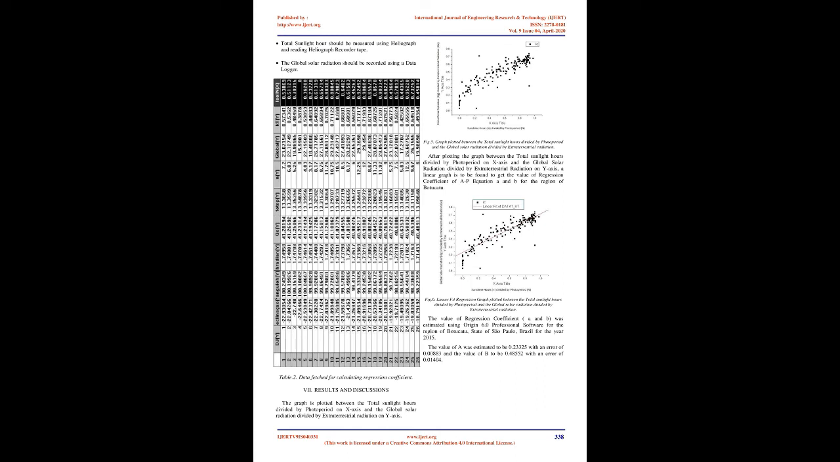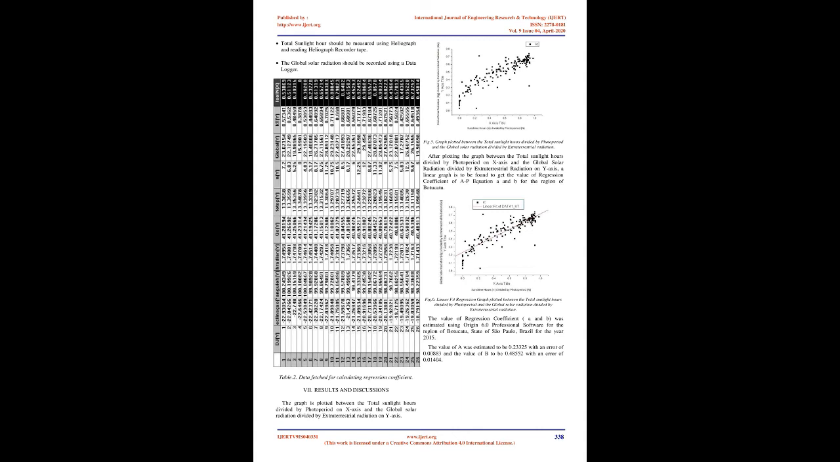Calculation of extraterrestrial radiation using the formula, where d is the declination angle, latitude angle, and hour angle h0. Extraterrestrial radiation. Total sunlight hours should be measured using a heliograph and reading the heliograph recorder tape. The global solar radiation should be recorded using a data logger. Fig. 5, graph plotted between the total sunlight hours divided by photoperiod and the global solar radiation divided by extraterrestrial